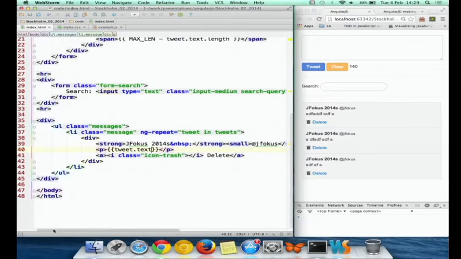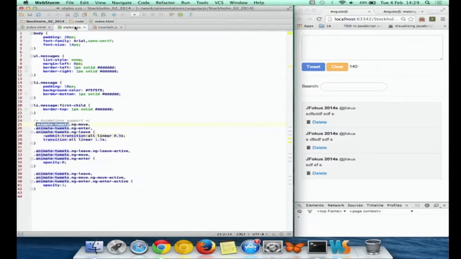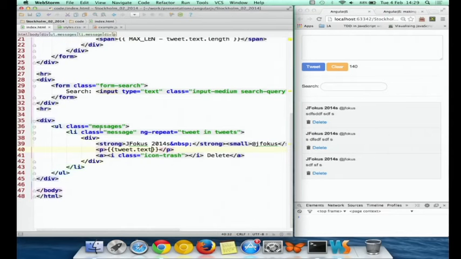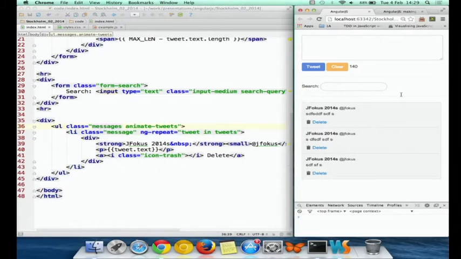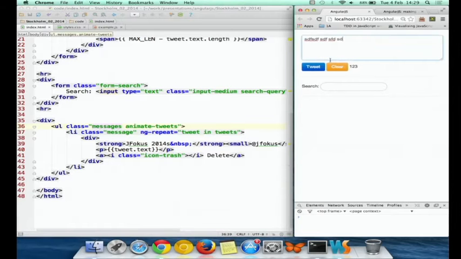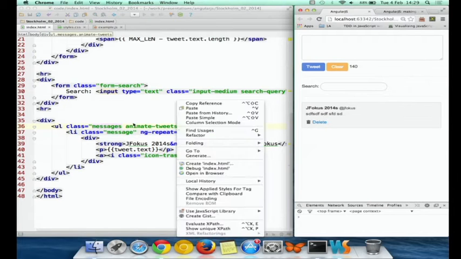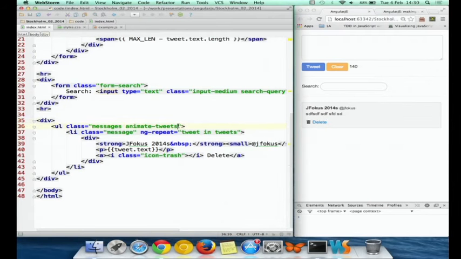But having this declarative style of UI and offloading responsibility onto the framework means that we can do things that would be relatively hard to do by hand.